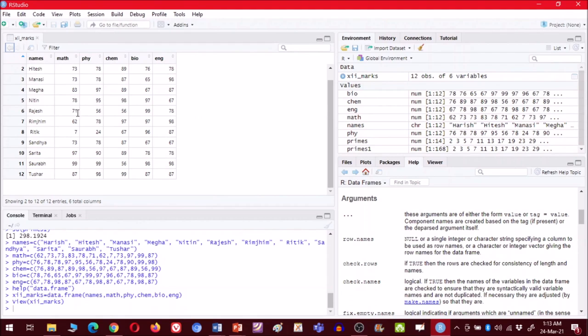So this we have done manually. We have transferred this data manually by entering each data manually. We have entered all the names manually, then we have entered all the marks manually. You can do all this manually also. Then we will see how we can import a file also, but for now we will do it manually. So you can see all the names and their corresponding marks.